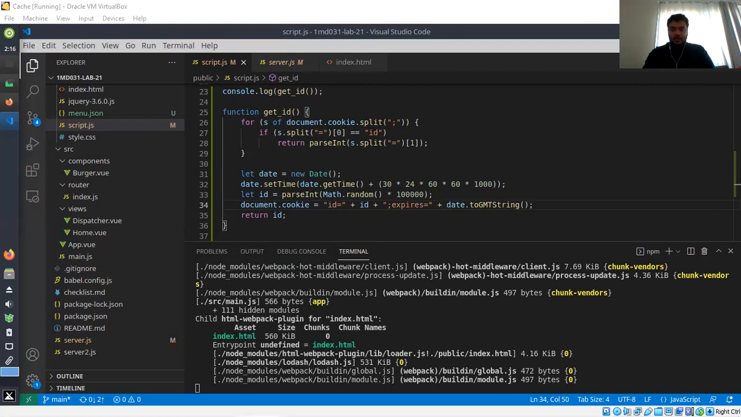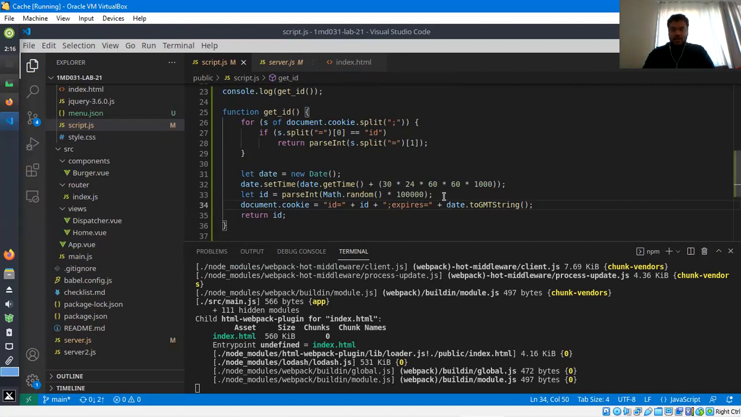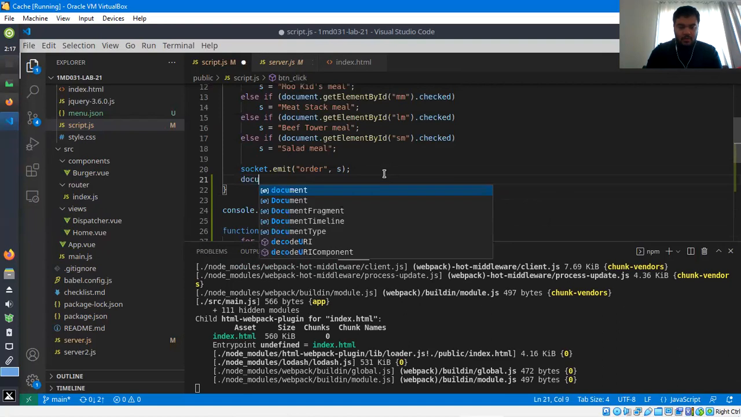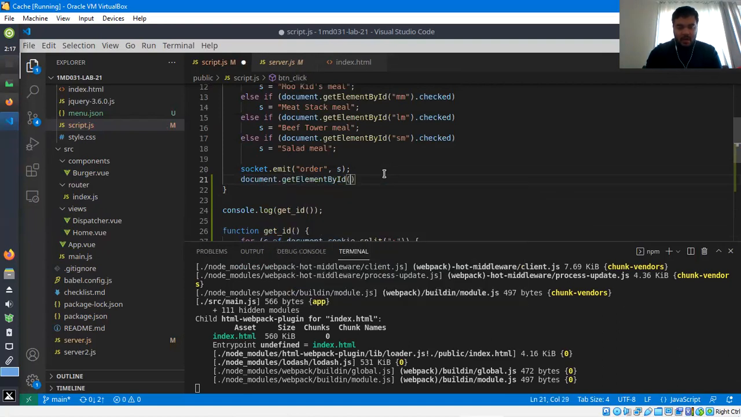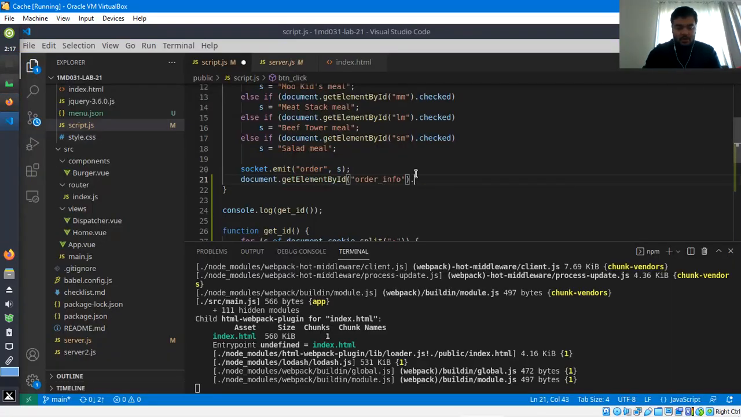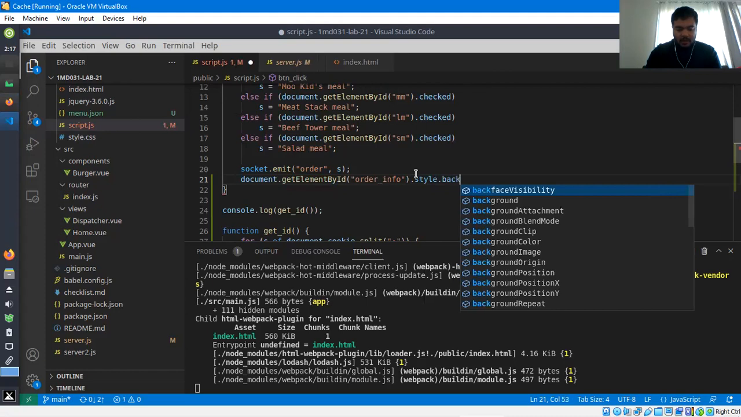So, for example, it's actually not very difficult. If you want to, for example, modify the background color of something. So document.getElementById, and then we have order info, which is this part, and then we want to change its background color. So .style.background